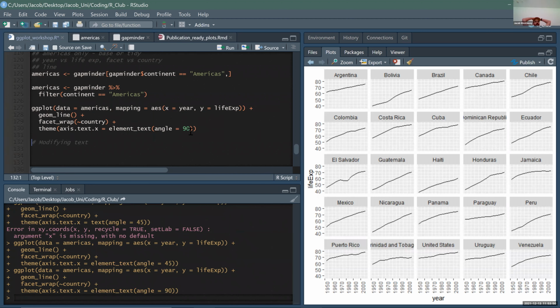Cool. And theme is a pretty powerful function. You can manipulate a lot of different things on there, obviously the y-axis and then the ticks and all this other stuff. It's another thing you should play around with. We're not going to go through everything today, especially because we have like 5 minutes left. The last thing I'm going to do,